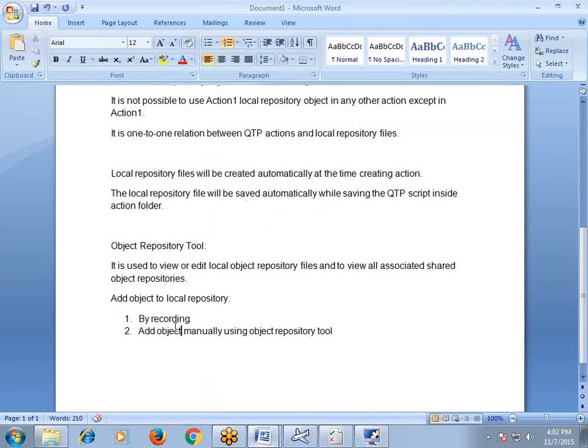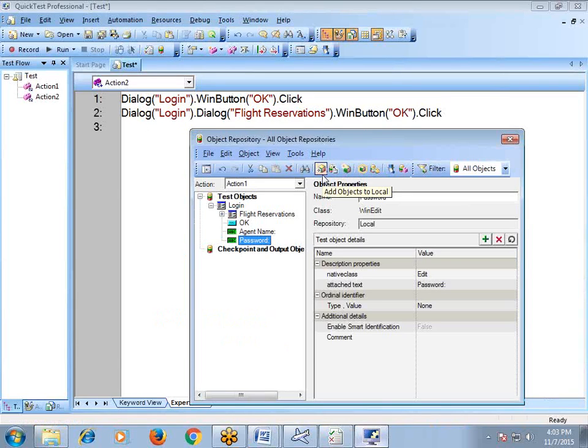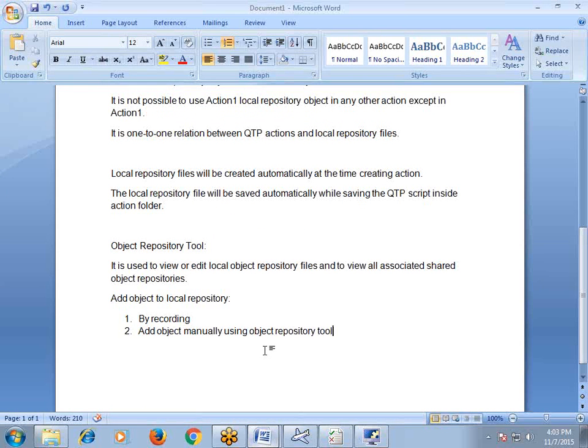So this is the second way. The first option is by recording. At the time of recording, objects will be added to the local repository file by default. Another option is to add objects to the local repository file manually using the object repository tool. We click this button and select the object in the application. Then that object will be added into the local repository file. And we have one more option, the third option,